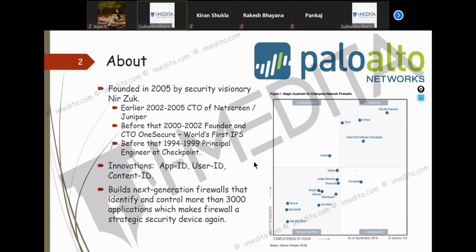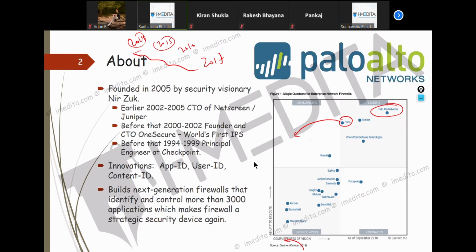If you keep searching the Magic Quadrant for previous years, like 2017, 2016, 2015, you'll find there was a time when Palo Alto Networks came in and innovated so much that even Cisco had gone away from market leaders into challengers.